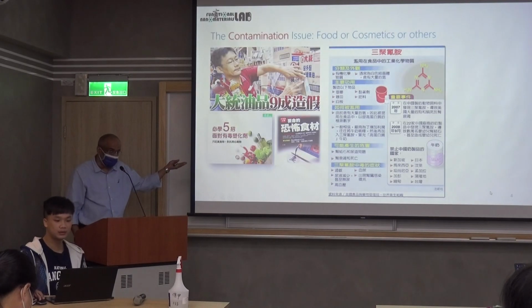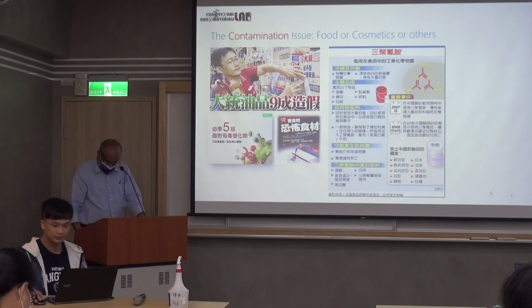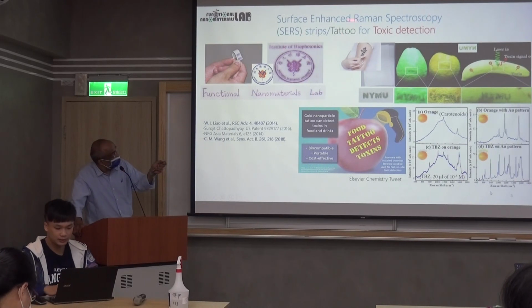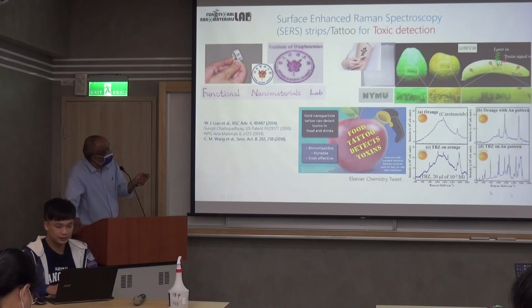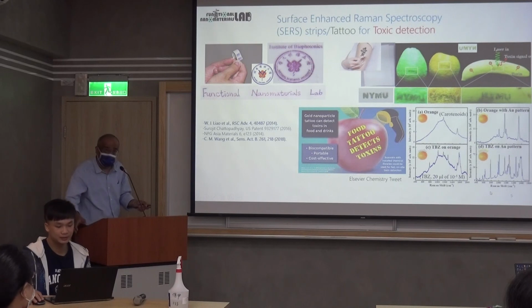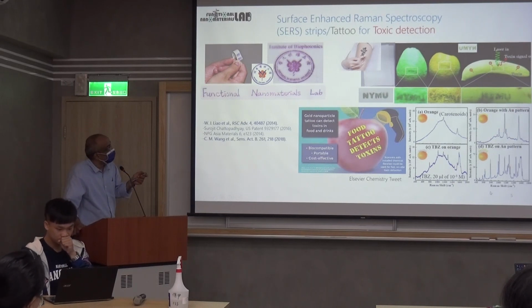For example, you know of the problem of food contamination, okay? So some contaminant in food, that's not good, and we have to detect those contaminants. So for example, here we use surface enhanced Raman spectroscopy. Different kinds of substrates. For example, these pink color that you see, these are actually gold nanoparticles. These are gold nanoparticles on which we can do the Raman spectroscopy to get the signal out stronger. And this writing, you can see this pink color, that is also gold.